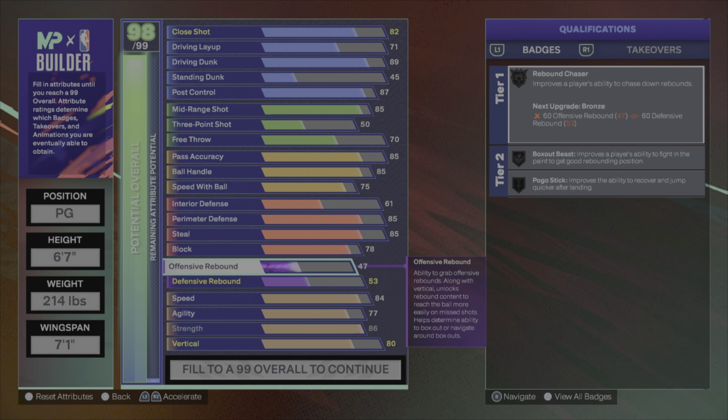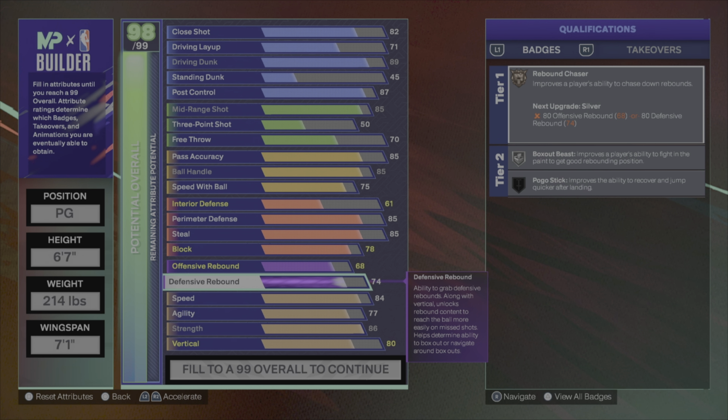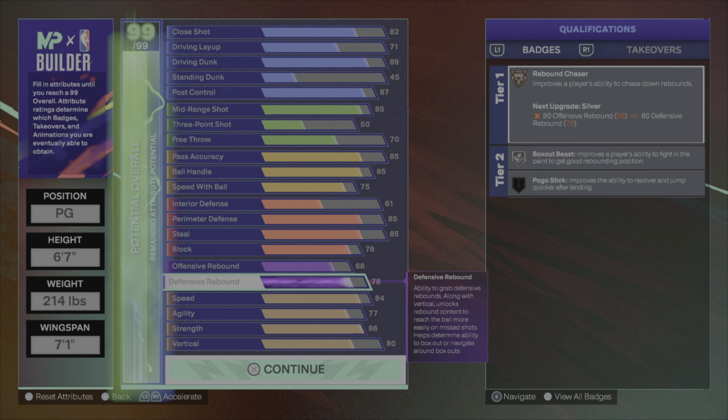And then as far as the offensive rebound, we all know O board is cheaper, but for this version, since we are a point guard, the majority of the time the ball is going to be in our hands, so we're going to have a higher D board for this version. So for O board, we're just going to go to 68 on the O board. Couldn't really get any higher than that, because the rest of our points is going to go to,